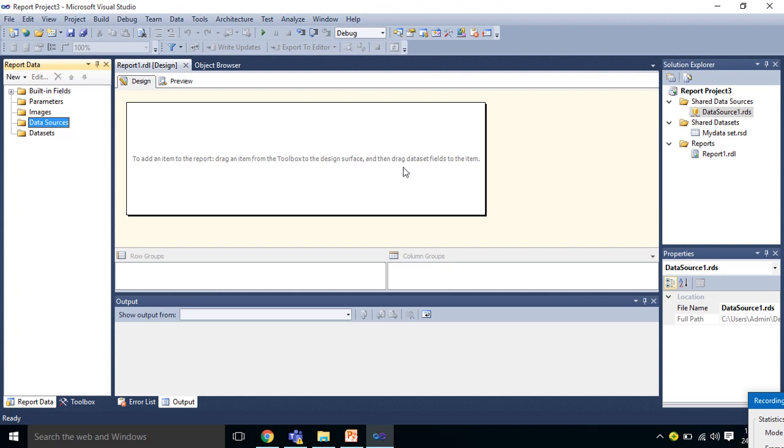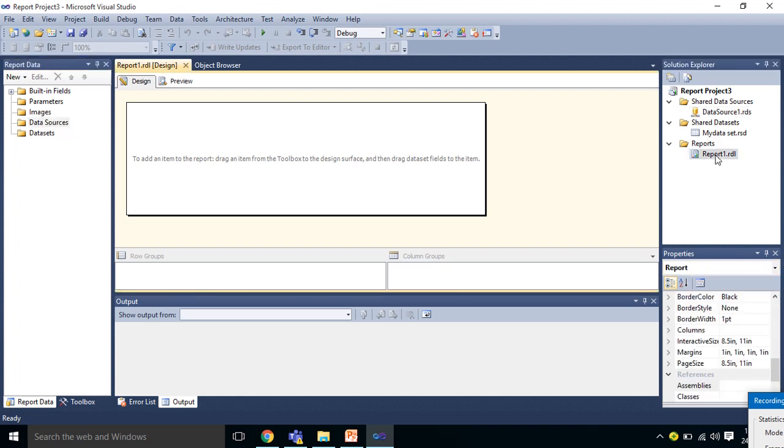Whereas a report level data source is only used in that particular report. That data source will not be available for use in different reports. So this is the difference between shared data source and report level data source.